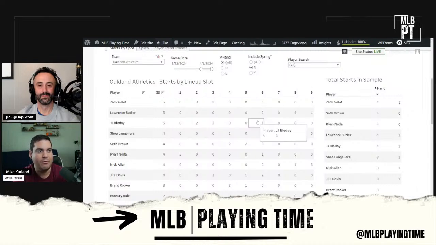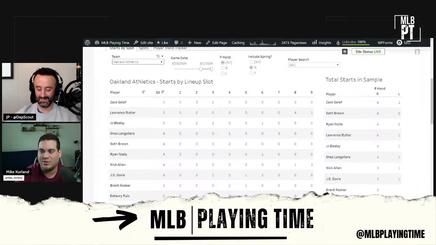Bleday and Butler have fantasy viability. They're playing on a team that, obviously, it looks like they're just going to let them go, which is great. They both have power and speed skill sets. Butler, I think, is a little more flashy with the tools. Bleday might have a little more of a floor. I know Bleday is hitting better right now, but he hasn't really done anything other than that. There are no stolen bases, no home runs, so the stuff you want for fantasy purposes hasn't been there yet. But I think last year he hit 10 home runs and stole 5 bases in 82 games, so you think he can give you 15 and 10 or something.